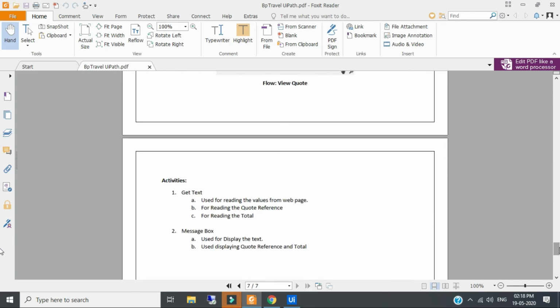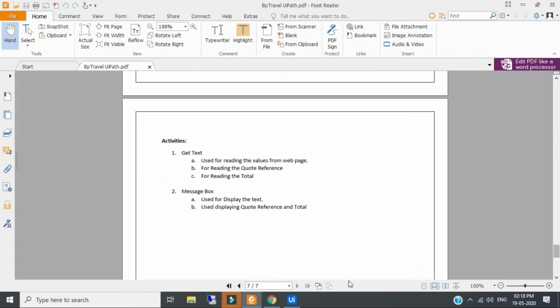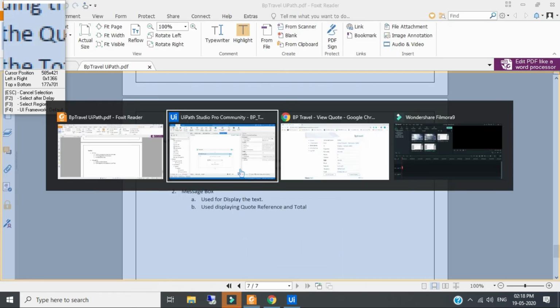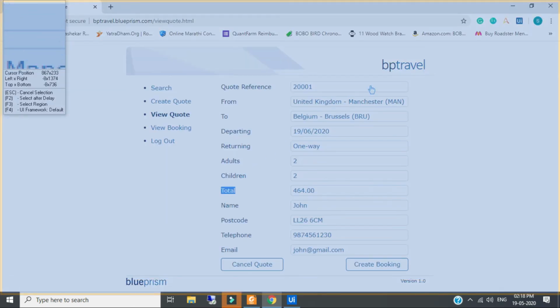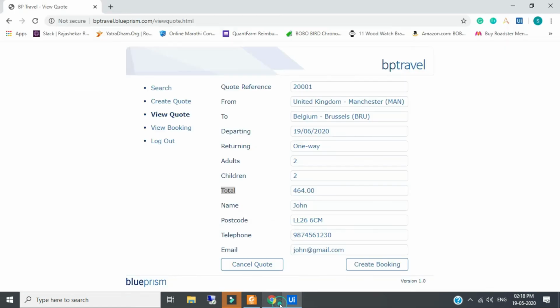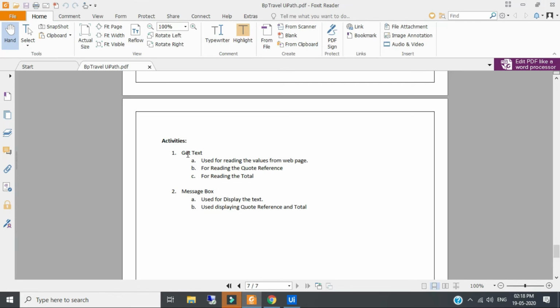Okay, so for that, first we have to do the attach browser. I will attach a browser and I want to read this particular code reference. For that we have the get text activity, which is basically used for reading the values from the web page.